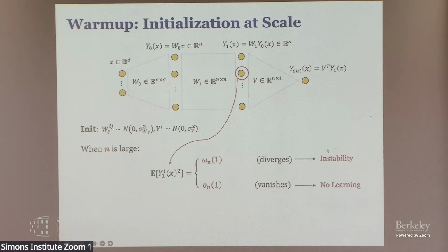Or either it goes to zero. In this case, basically there is no learning, because you can think of the asymptotic case where all of this layer is zero, so there is no signal propagation during the forward and backward propagation, so there is no learning basically. So what you want actually is something like a stable limit, where as you increase model size, you want the neurons or these features here to remain stable. So nothing explodes, nothing goes to zero, nothing vanishes.